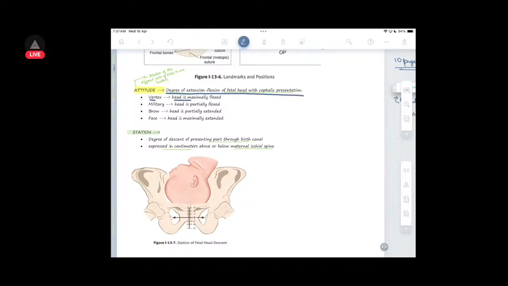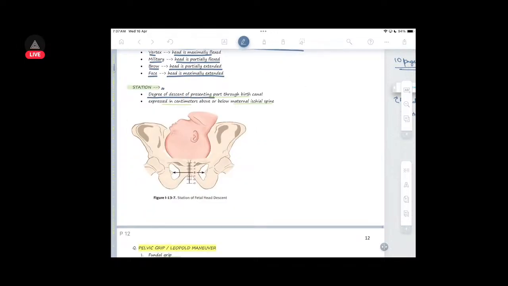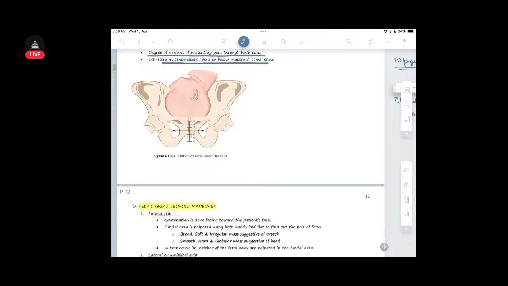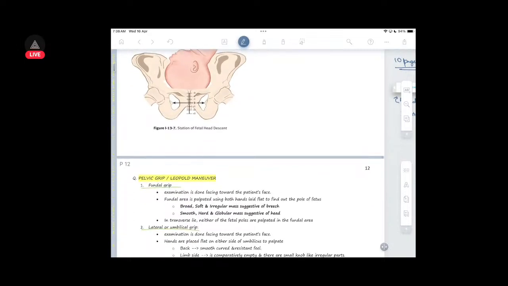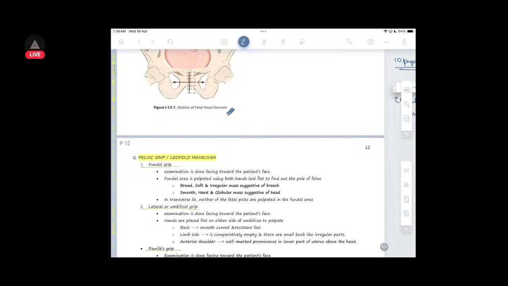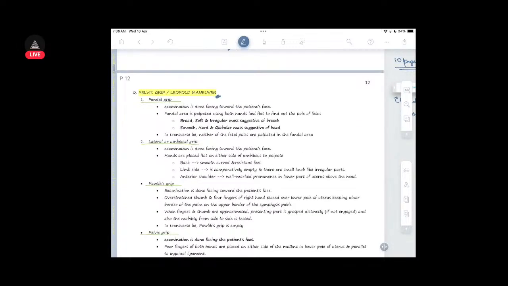Attitude is degree of extension or flexion of fetal head with cephalic presentation. So vertex is head maximally flexed, military is head partially flexed, brow is partially extended, face is maximally extended. Station, it is the degree of descent of presenting part through the birth canal, centimeters above or below the mother's ischial spine. Station of fetal descent. Pelvic grip or Leopold maneuver is